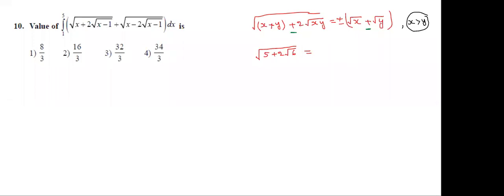5 we can write as a sum of two terms, 6 we can write as a product of two terms. So 5 means I am writing 3 plus 2, and the 2 in front of the root is compulsory, only 2. So this is 3 into 2. So what is the answer? I will write that as root 3 plus root 2. This is the answer. Okay, students, do you understand?